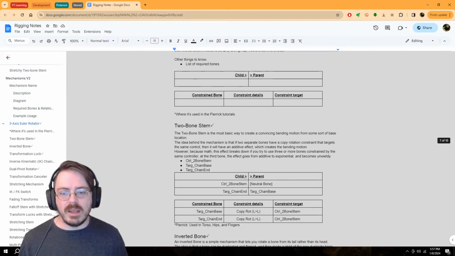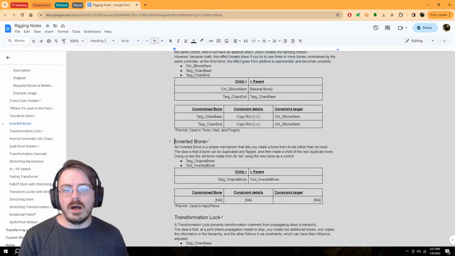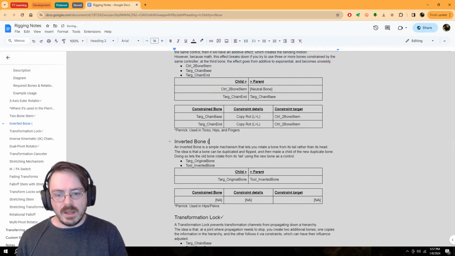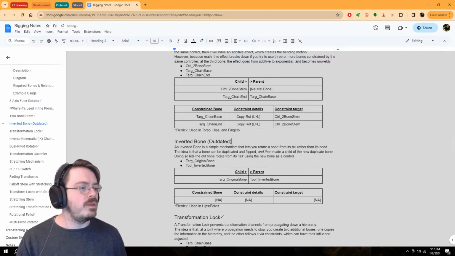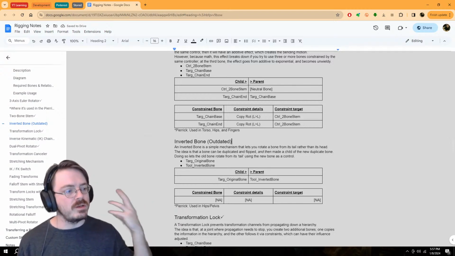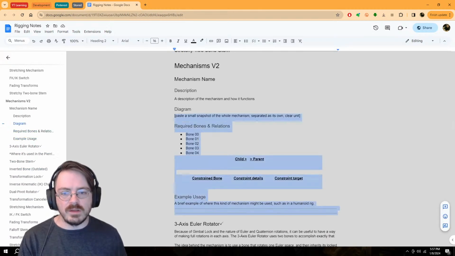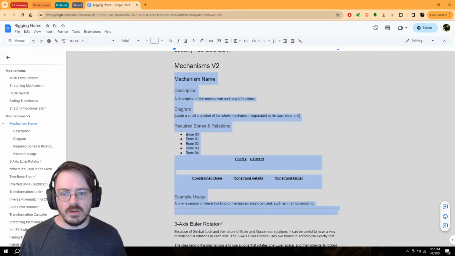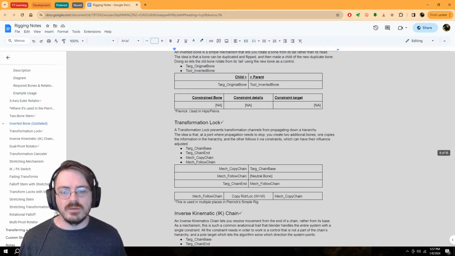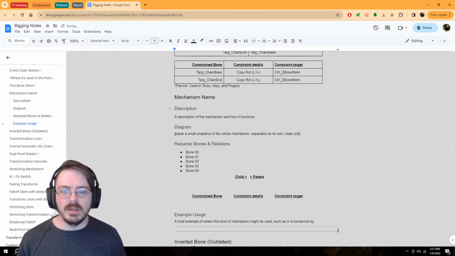And let's go ahead and make this, this is supposed to be my inverted bone here. So I'm going to call this inverted bone, and I'm going to label it outdated, right? So that I know that this is what I was taking for the notes before, because maybe I can still use this information, right? But I want to revitalize it. And then I'm going to come up to this whole section up here, and I'm going to copy all of this, and come down to inverted bone, and I'm just going to paste that right in front of it. So boom.